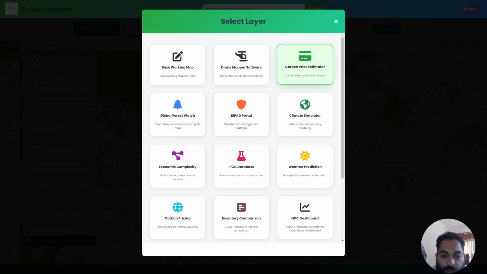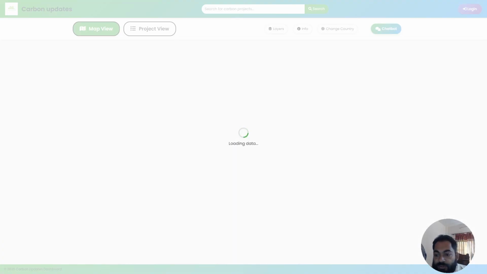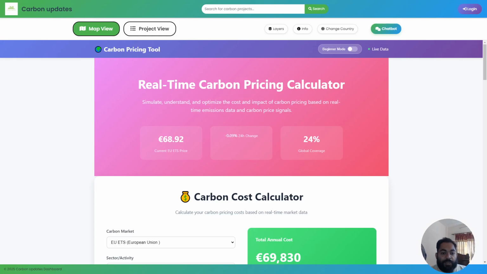We are going to talk about the carbon price estimator analysis. What the carbon pricing estimator analysis gives you is an idea of what this tool is about. This tool is going to give you a real-time carbon pricing calculator. Now, if you understand anything about carbon pricing and carbon finance, there are different kinds of stock exchanges and standards that set the pricing, and based on those you have different kinds of prices available. So EU